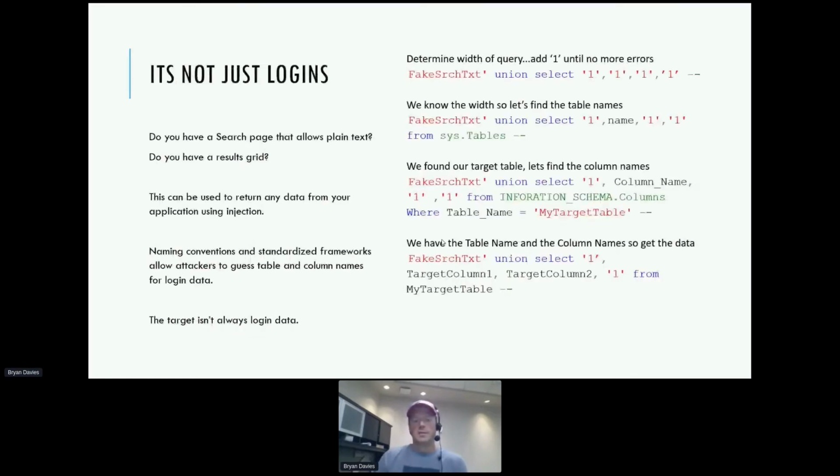All right, and it's not just logins. Over the years, I've seen logins are getting better and better at being protected. People are using the right third-party frameworks, and so they're actually getting more locked down. However, search pages are also very susceptible to SQL injection, and I'm actually going to show you some stuff here